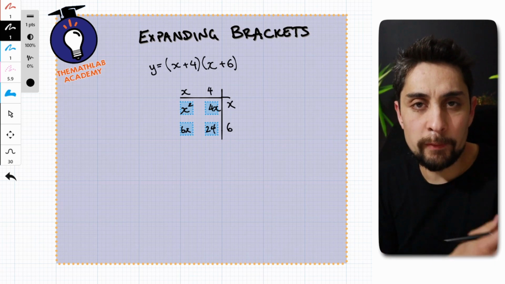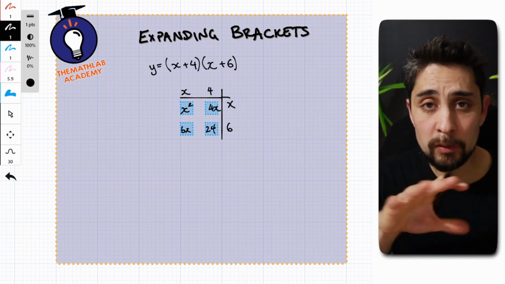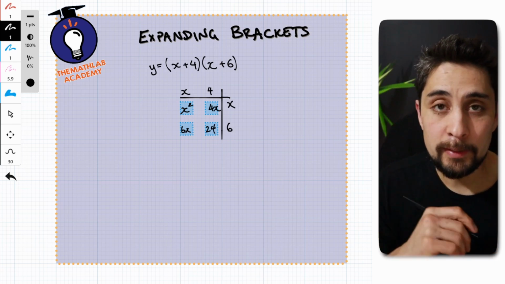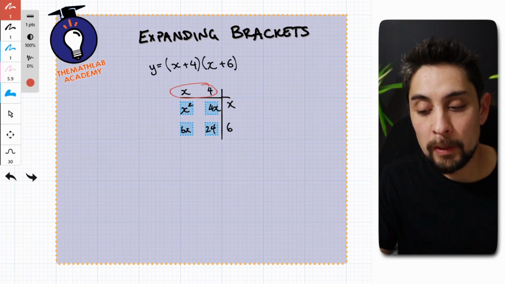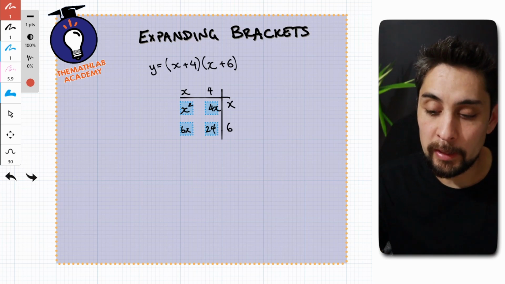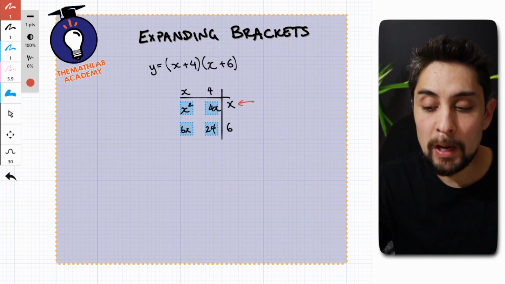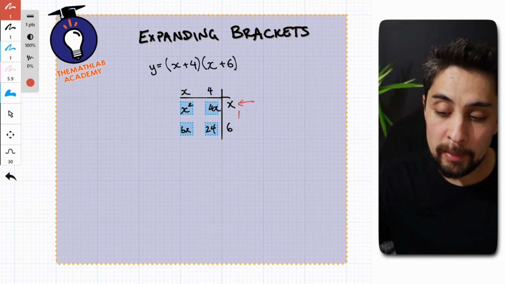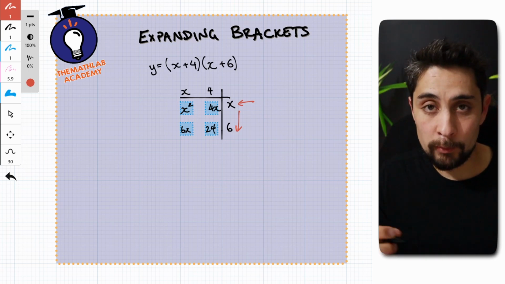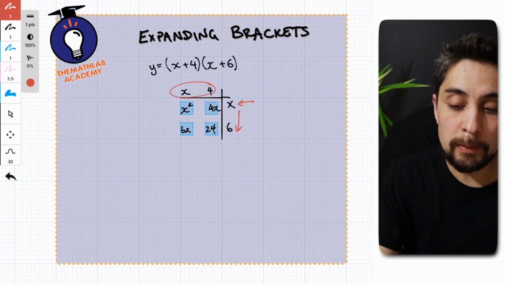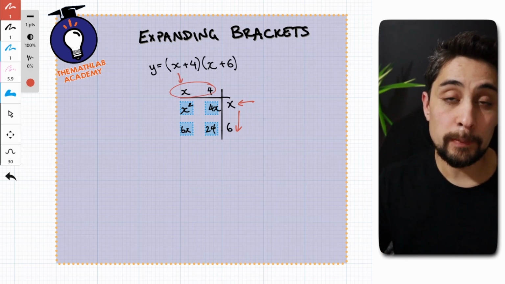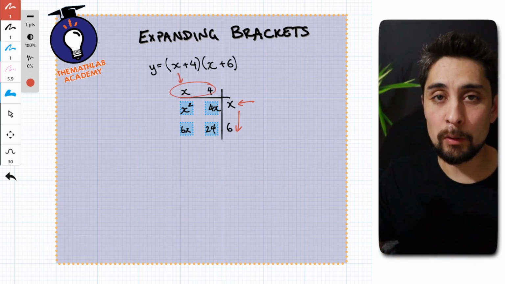Now there's a few different little patterns we could see here as long as we set things up properly. And by setting things up properly, I mean setting up these numbers on the outside. When you're writing out the numbers on the outside, it's important to make sure that the highest power of x goes right here, and then we continue in reducing powers of x downwards. Same with the top. The highest power needs to be in the leftmost position, and then we go reducing powers